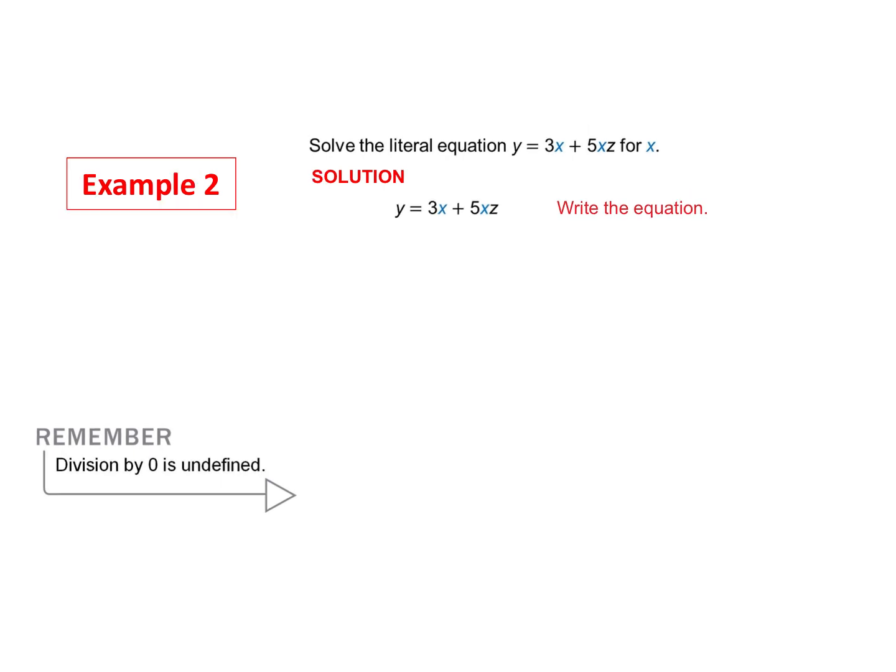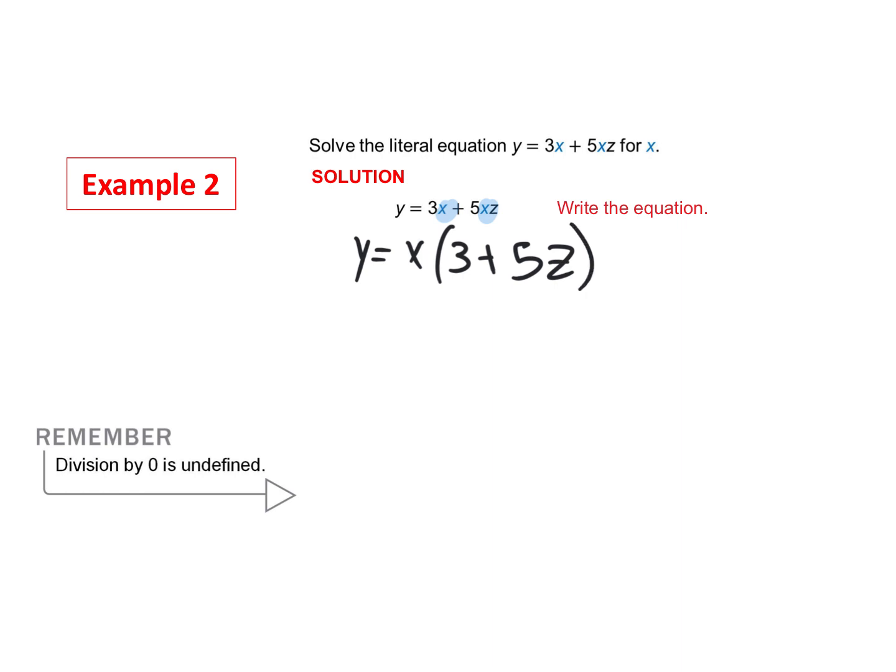This is the ending for 2.5, the last 3 slides that we're going to cover. Guys, I want us to solve this linear equation, y equals 3x plus 5xz, for x. In order to solve for x, I want you to realize that you have an x in one term and in the other, so we can take out an x. This is the opposite of distribution, guys. Usually you distribute to both terms. Since both of the terms have an x, I can take it out and write y equals x parentheses 3 plus